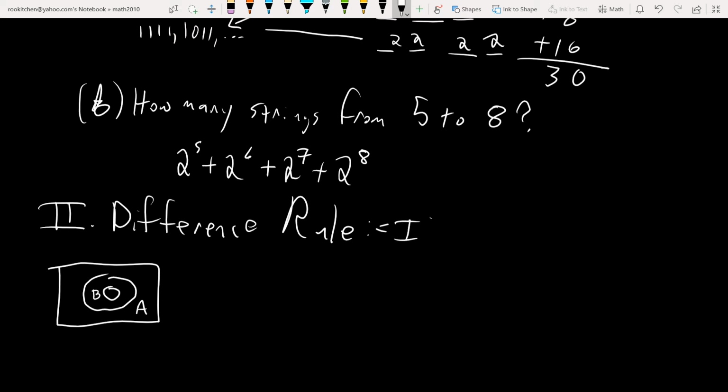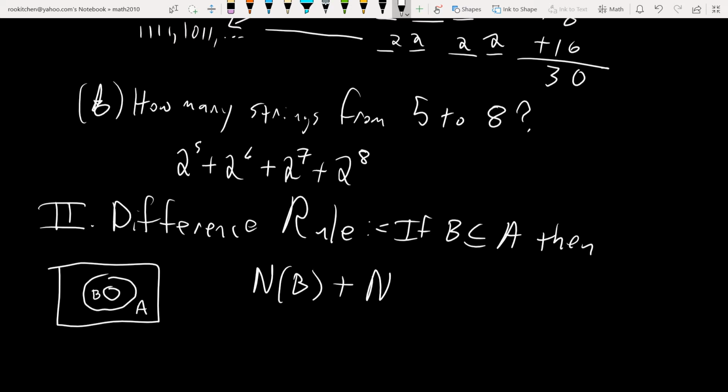So we'll say if B is a subset of A, then we could say the number of things in B plus the number of things in A minus B, which is this donut region here on the outside of B,